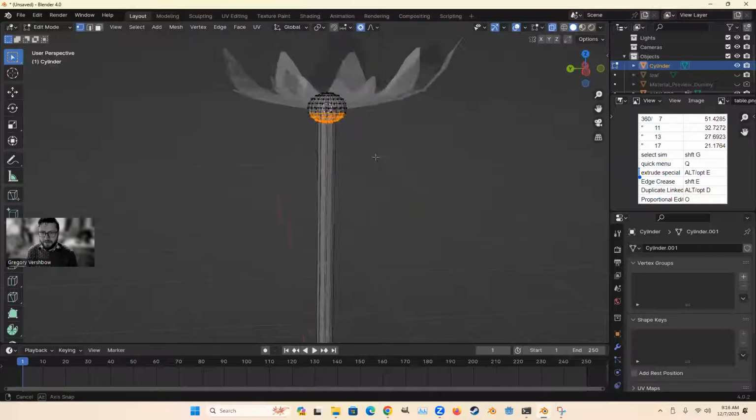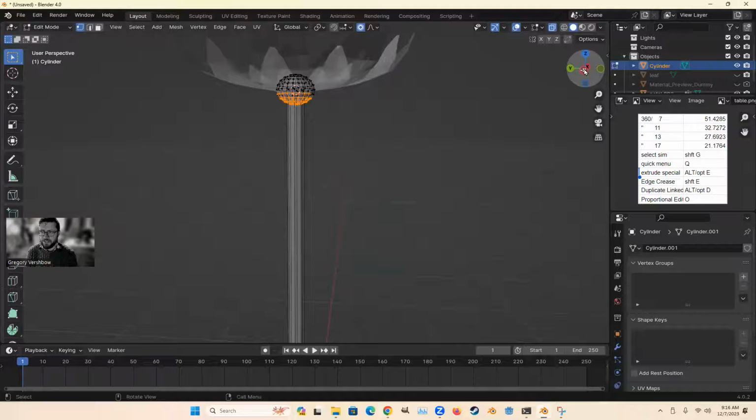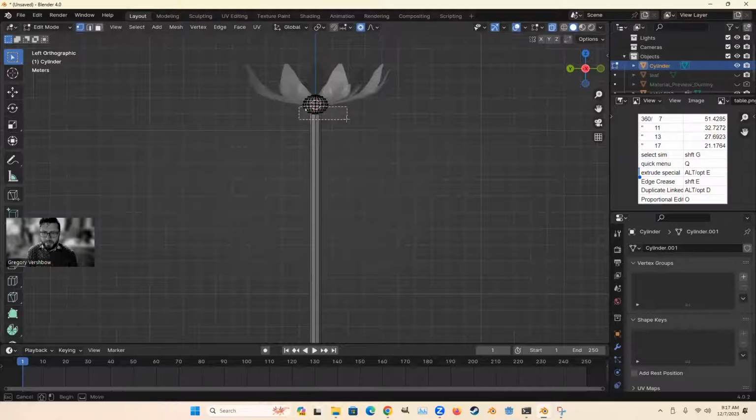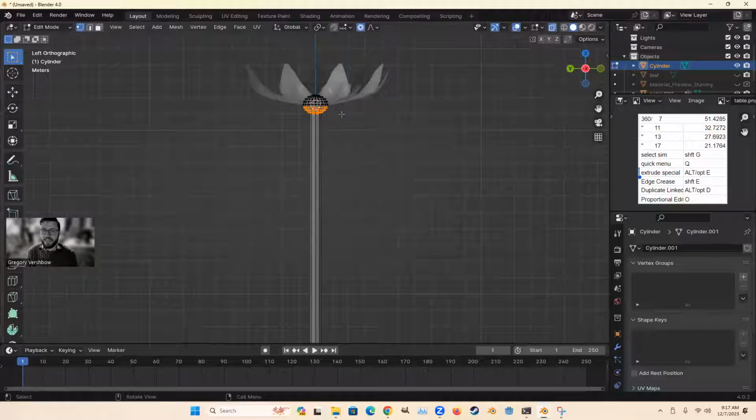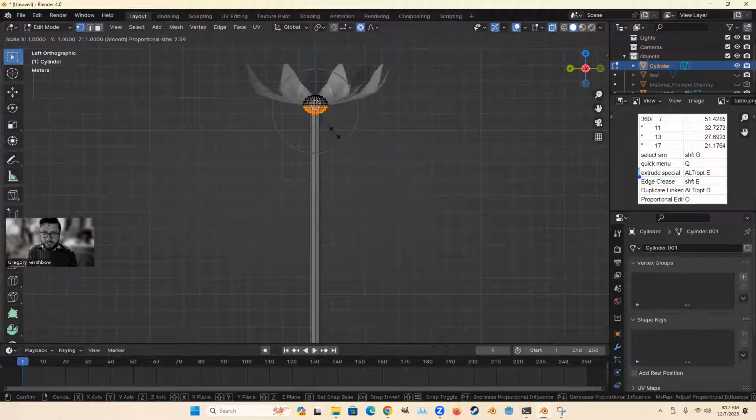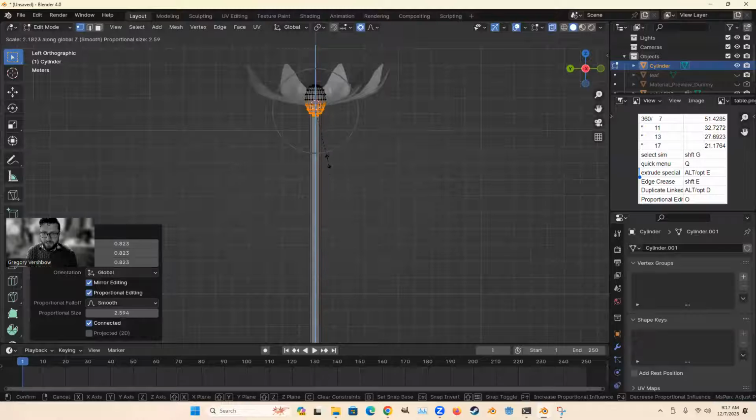I can grab the bottom, let's do straight on side. I can grab the bottom of this cylinder, and you can see that while it proportionally will affect the rest of the bottom of this sphere, it does not affect the stem. So here I will scale the bottom of it down a little bit, scale it up on the z-axis. Let's reduce the proportional editing some more, bring it down on the z-axis, just to kind of create